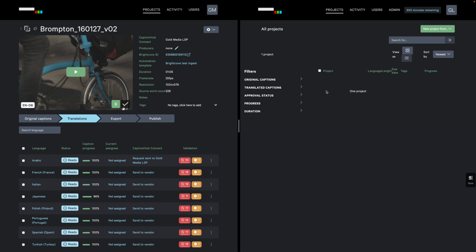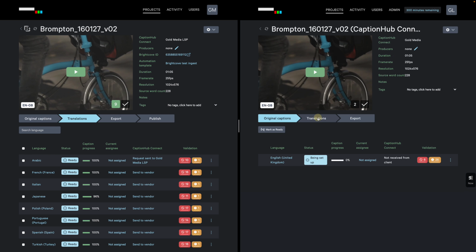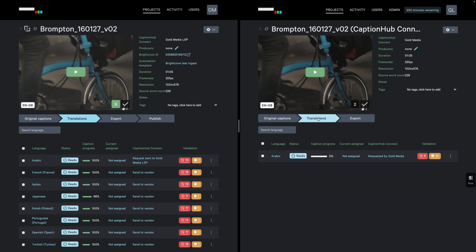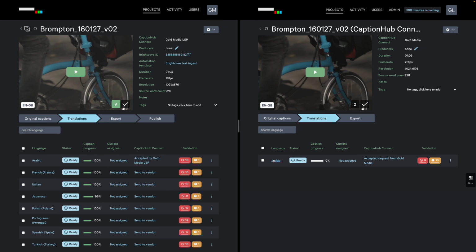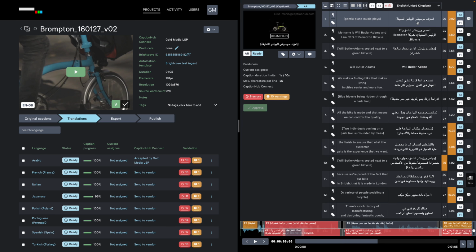Now, returning to my Projects tab, I am going to move into this project. I'll navigate into the Translations tab. I will choose Requested by Gold Media, which presents the vendor with the request from the client. So I, as the vendor, now have the option to either accept the request and begin working on the translations, or I can reject the request, which will send the captions back to the client. So to see how a project moves through CaptionHub Connect successfully, let's go ahead and accept this request. I'll then be able to navigate into the caption editor and begin working on making any edits that I need